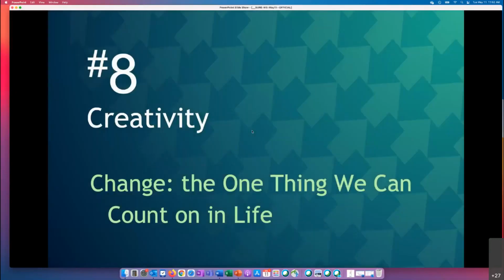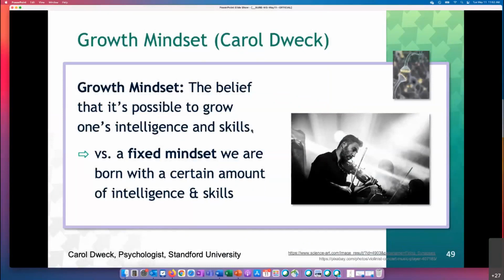Change. This is the one thing we can count on in life. I think most of us have experienced that, for sure, everyone in this past year. On the flip side is, of course, that change and growth can be very good. So growth mindset, again, which maybe half of you are familiar with, is Carol Dweck, a researcher, and